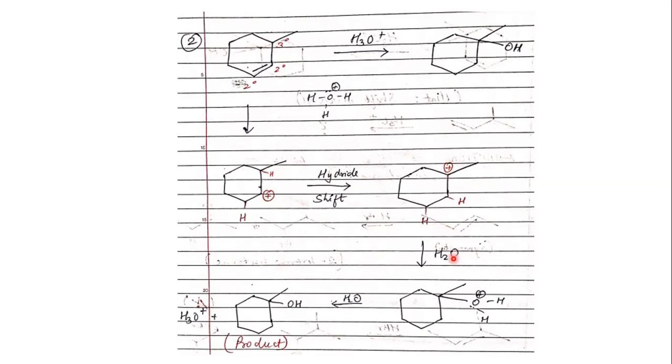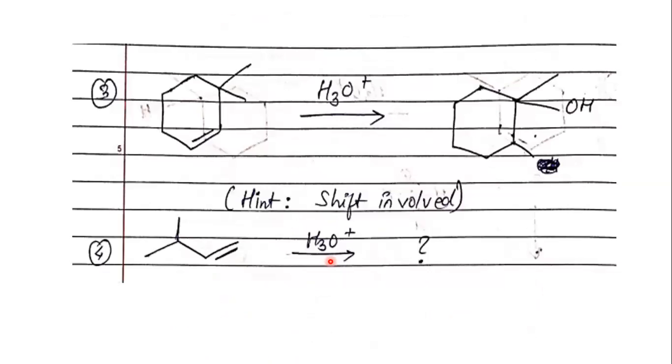That tertiary carbocation is going to react with a molecule of water that is left after abstraction of the proton. So that water is going to be added. The oxygen is going to develop a positive charge. Another water molecule is going to come in. It is going to pull one hydrogen away from it to form the OH bond, again regenerating your H3O plus in the process. So this is your product. The product that was shown here, we have formed the same product here. If you concentrate, the double bonded carbon does not have the OH attached here. This is due to something called a hydride shift, tertiary carbocations being more stable than secondary and primary.